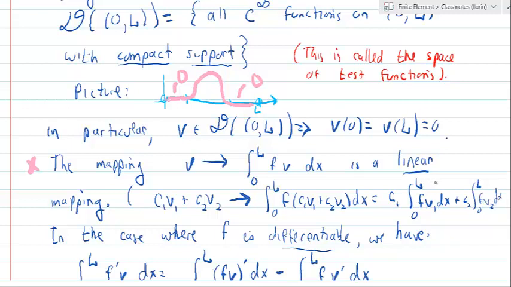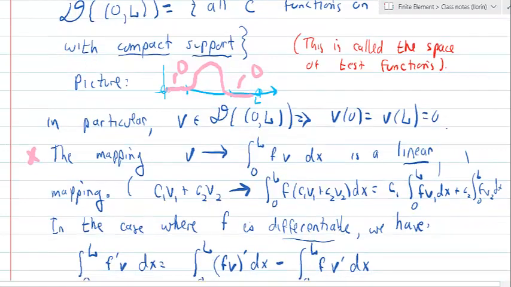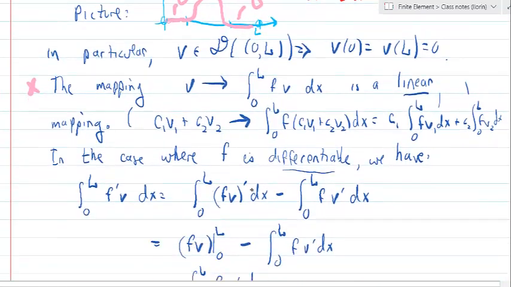And these are the separate mappings of v1 and v2. So the mapping of a linear combination is a linear combination of the mappings. All right, so this is a linear mapping. Now, in the case where the function f is differentiable, then we can use integration by parts to evaluate the